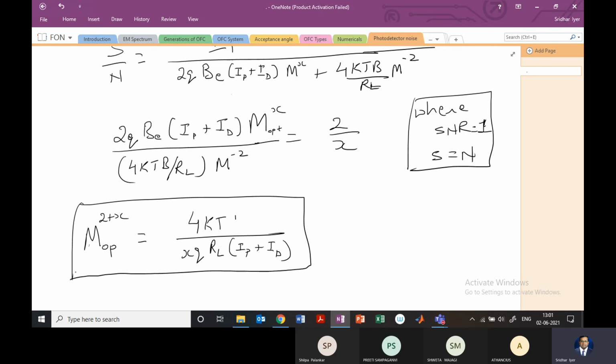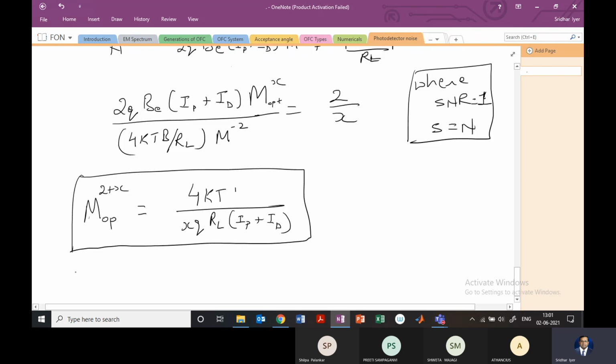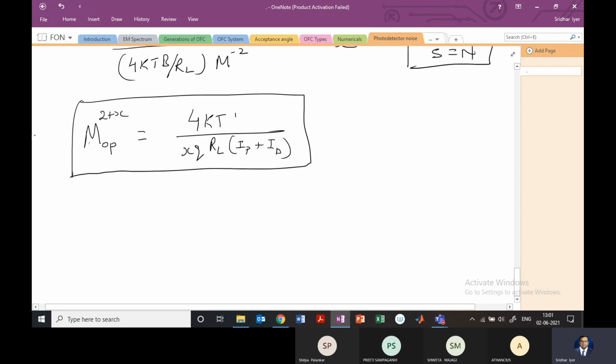So there are numericals based on that. We'll have to be very clear as to which kind of photo detector is being used, and then based on that we can calculate the various values. So I've put in some numericals in the notes. Those are the easier ones. Let's look at one numerical. So there's nothing more as such in theory and mathematics in this part, that is photo detector noise. The only thing that we need to do is to solve the numericals. So I'll pick one numerical.